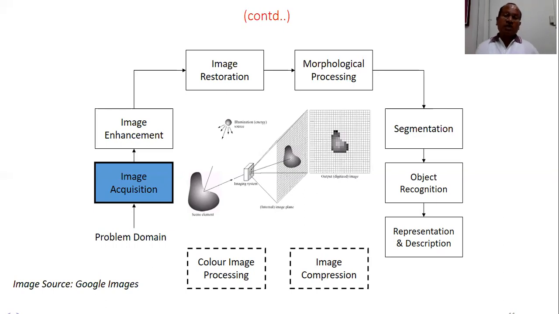Please remember, image acquisition is the first and very important step or component of image processing. Why? Because the image captured by the acquisition system will be subjected to image enhancement, restoration, or segmentation. Therefore, how is the image? What type of image? What quality of image? What modality of image? How has it been captured? Whether it has been properly captured or not? Whether there was proper illumination or not? Whether there were proper pose and lighting conditions or not?